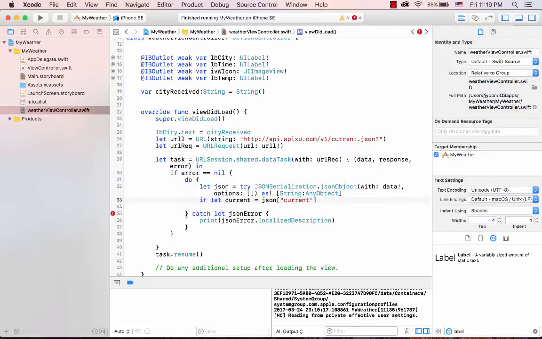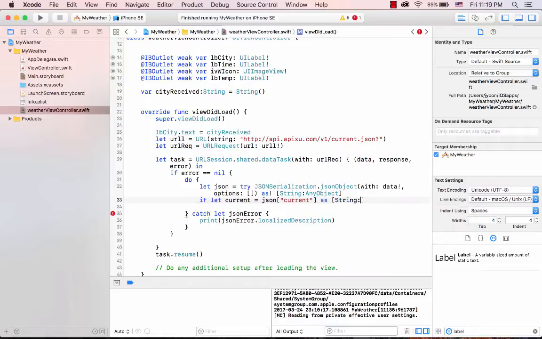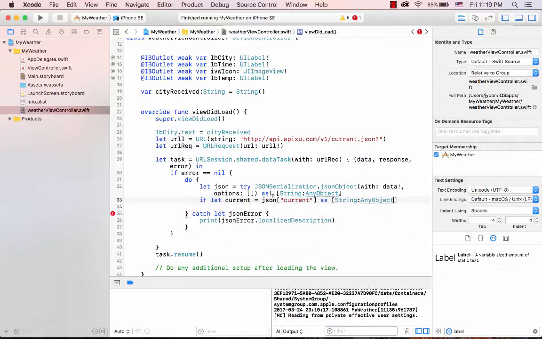If you see the JSON data, then from the current, if we see the current, then that is nothing but, again, that is a dictionary. So any objects as any objects